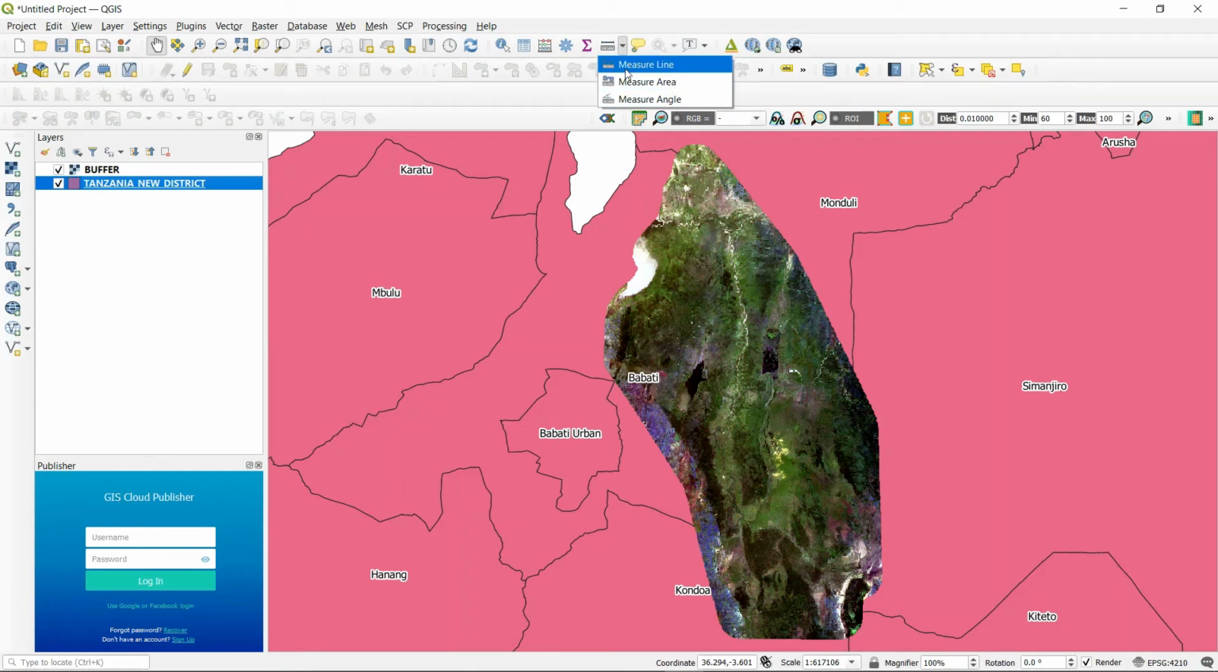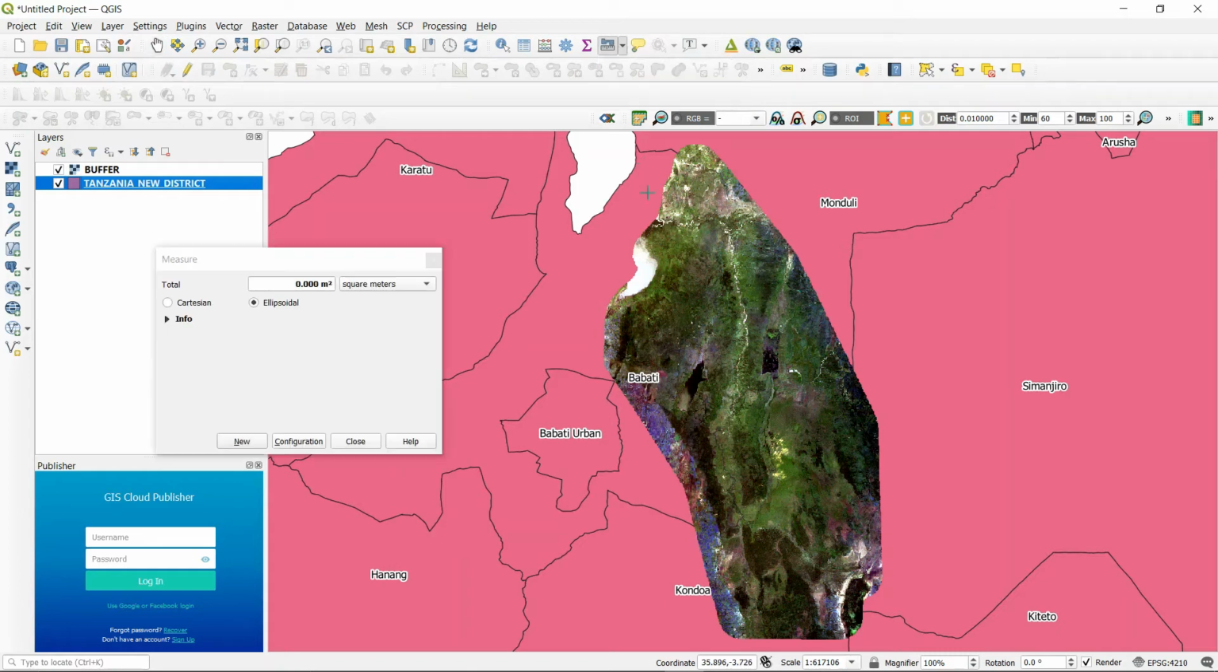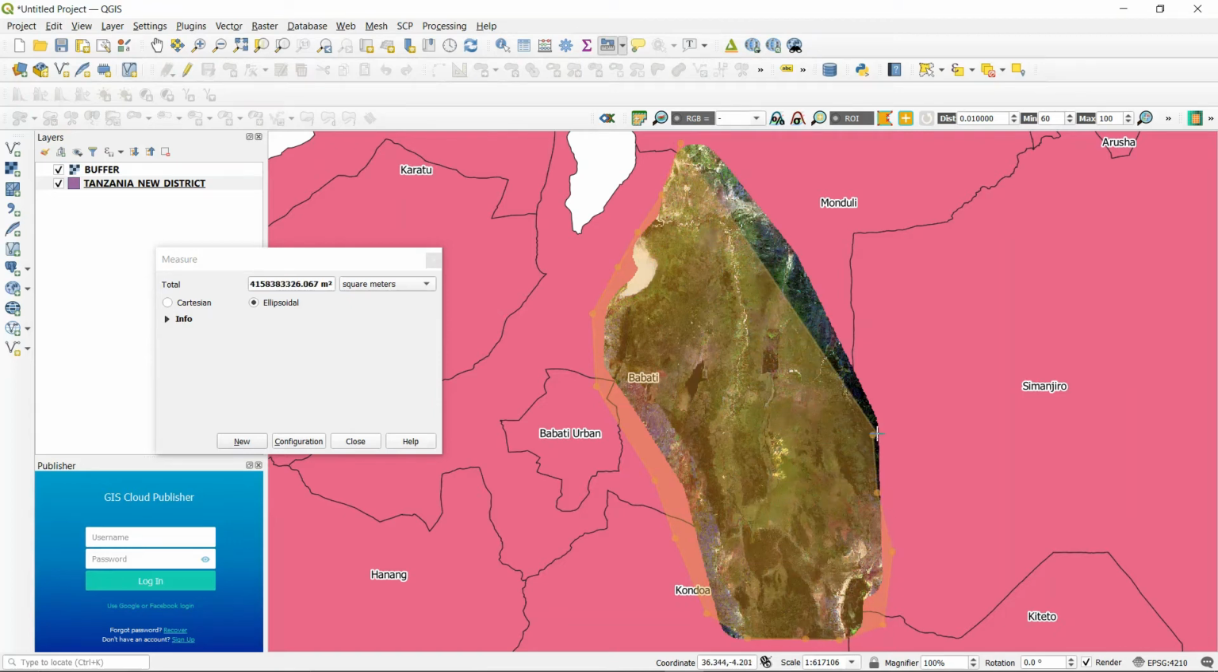For instance, if I want to measure the area of the Tarangire National Park, which is the buffer layer, I can just roughly create a polygon by clicking. You can see here we have areas in terms of square meters. I'm just going roughly, but for the sake of accuracy, you need to click exactly where your data extent is. So you can see from this table we have